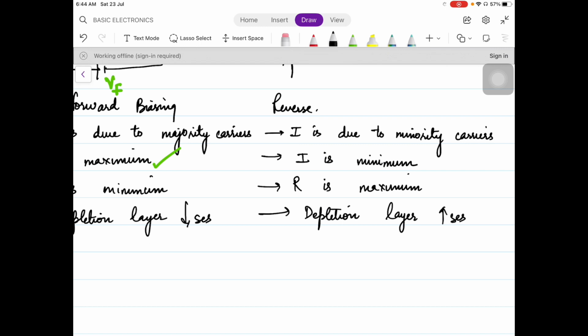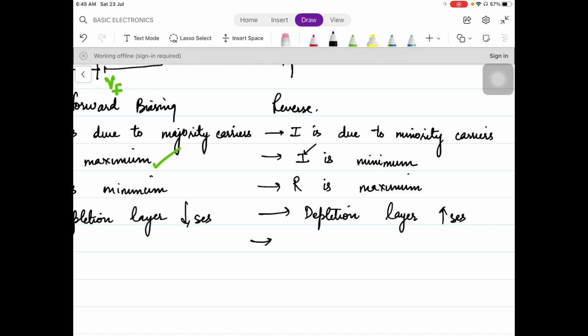All right, so these are some of the points. Another point about reverse biasing is very, very important. The current which flows over here is called reverse saturation current. Why has the word saturation come? It has come because as soon as you reverse bias the diode, whatever small amount of current is going to flow, it will flow at once. That means it will attain its maximum value quickly. Whatever current has to flow, it will flow at once